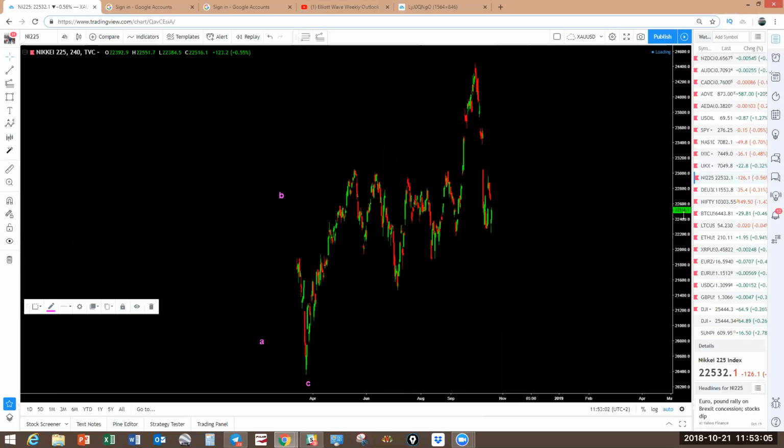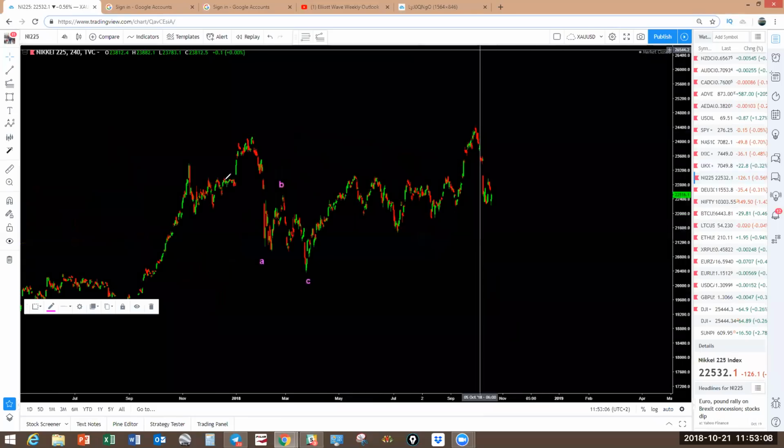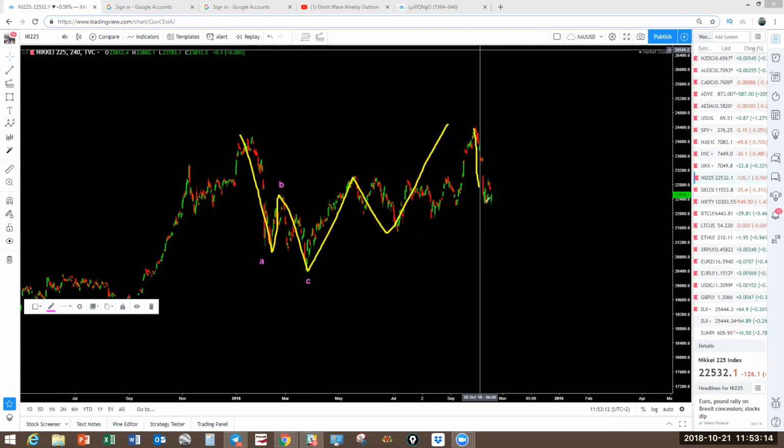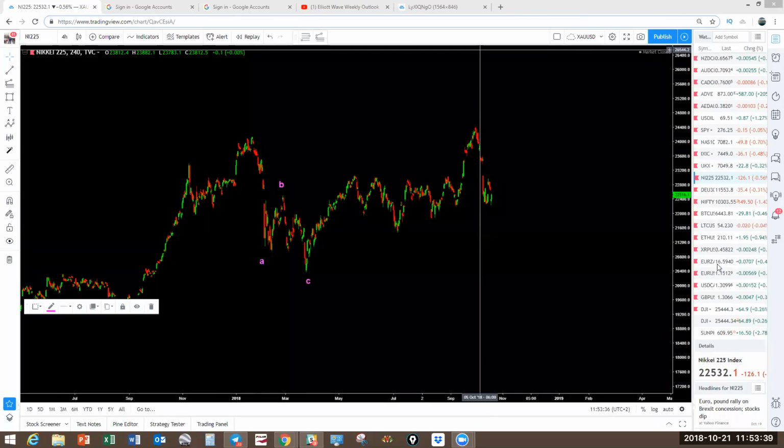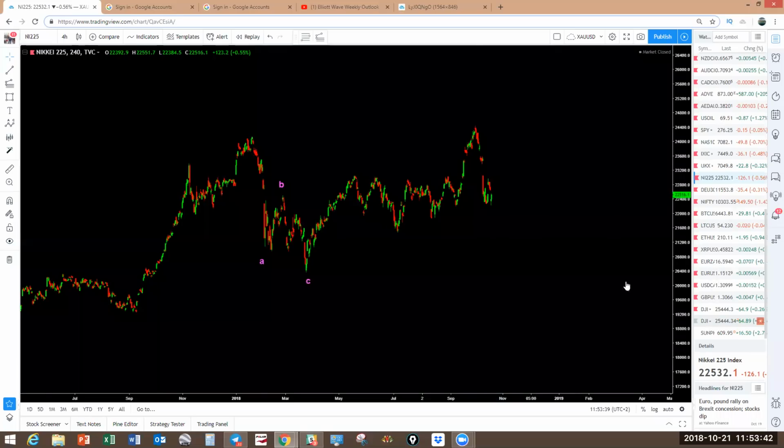Looking at the Nikkei, it has got a clearer structure than most, because you've got 1, 2, 3 down, 1, 2, 3 up, takes the top, comes down with an impulse. This correction here, expected to drop here for this move to be like this. So you're going to have A, B, C there, A, B, C, and another A, B, C there, making this a WXY move for a push higher. So we are still here, look for a drop. So the pullback on the indices is not done as yet. We're still going to pull back down. Right, that is the